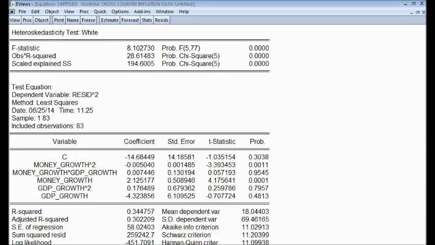Click on OK, and it's done essentially what we showed before for the profits example. It's taken the residuals from my model and squared them, then regressed the squared residuals on money growth squared, money growth times GDP growth, that's the cross product, GDP growth squared, money growth, and GDP growth. We then do